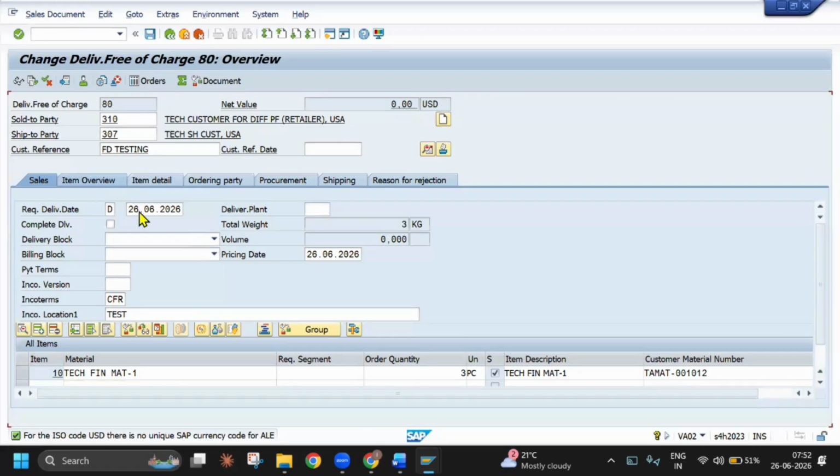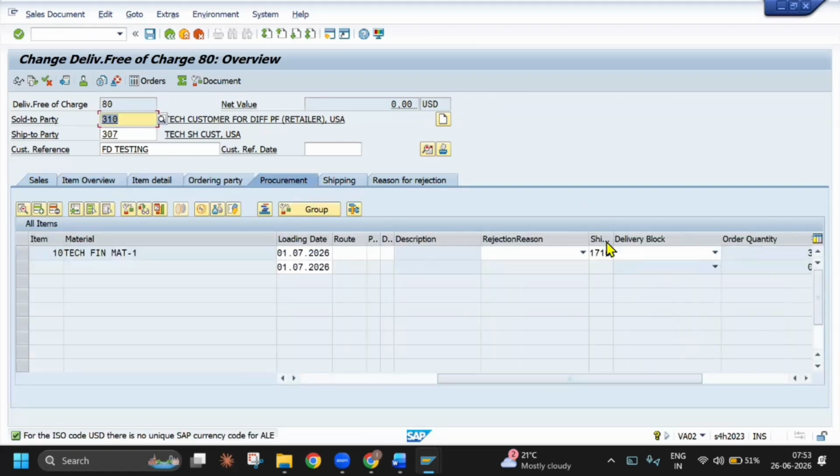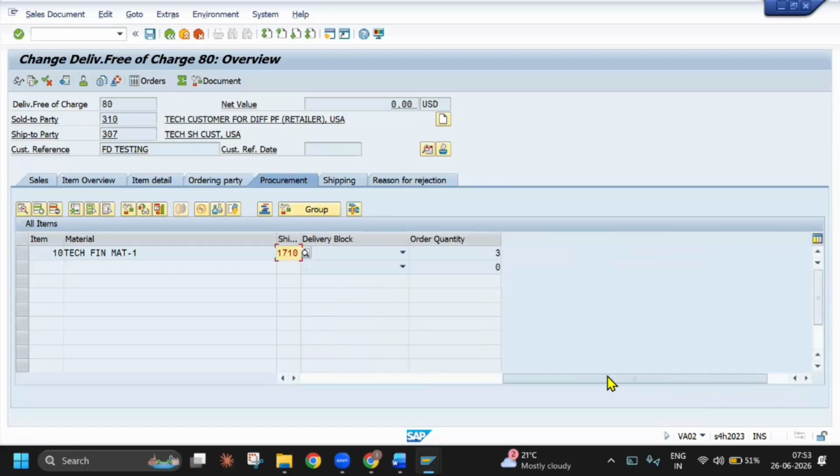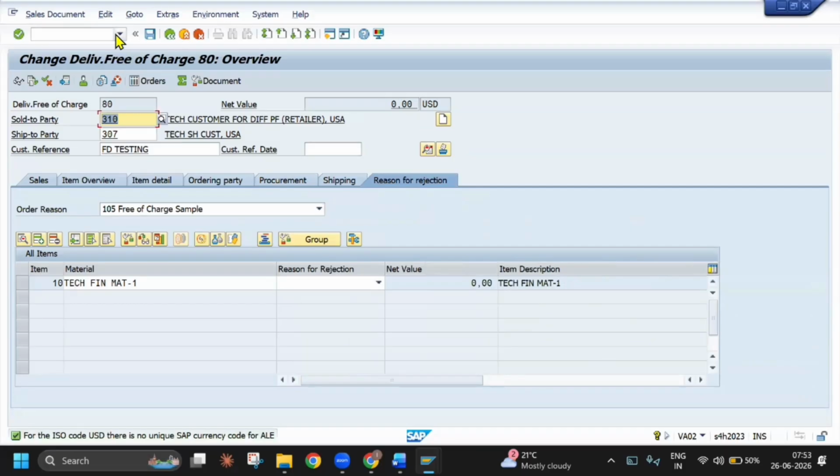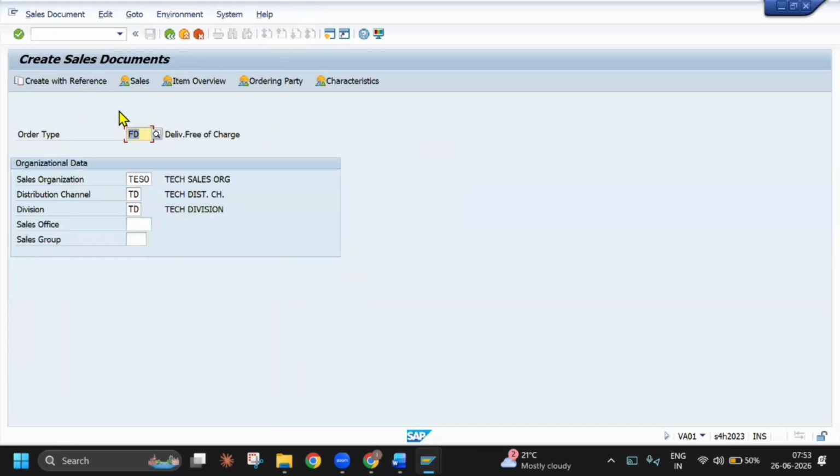So item overview, procurement. See here, this is the shipping point. Even though if you change here, it won't allow you to change. See, just give 1710 only, and we'll see where I have maintained the shipping condition. Go to shipping rejection. Okay, so what I will do, I'll create one more order, one more free of charge